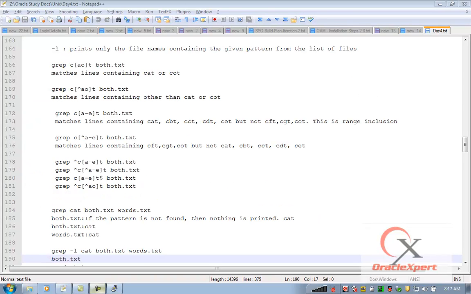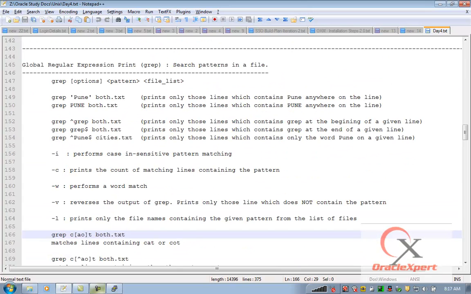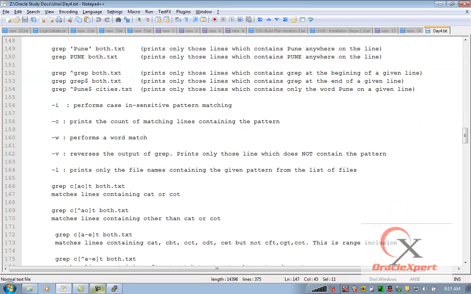So we'll take that discussion further about the grep command. I said grep is used for pattern matching, and until last session we have seen the different options of grep followed by the pattern, and what happens when I give a single file as against multiple files. Then we discussed how to search for a pattern at the beginning of a line, how to search for a pattern at the end of the line,